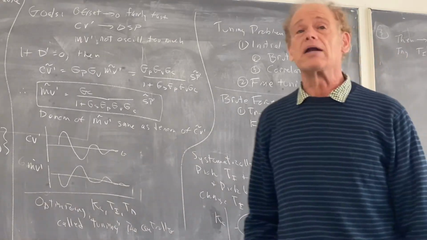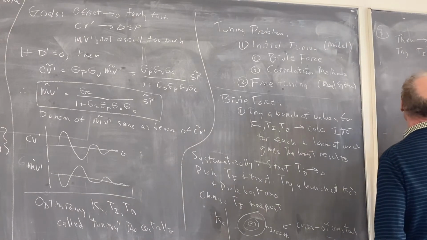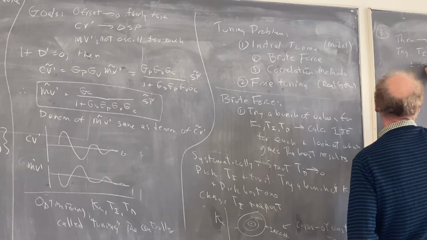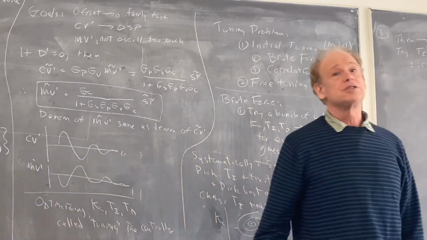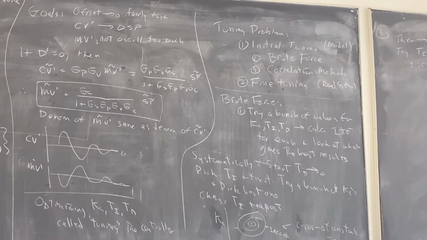And because there are model errors, you might try this TD star as well, and then try plus or minus 25% on each. So you might do a series of experiments with KC star, TI star, TD star, and then